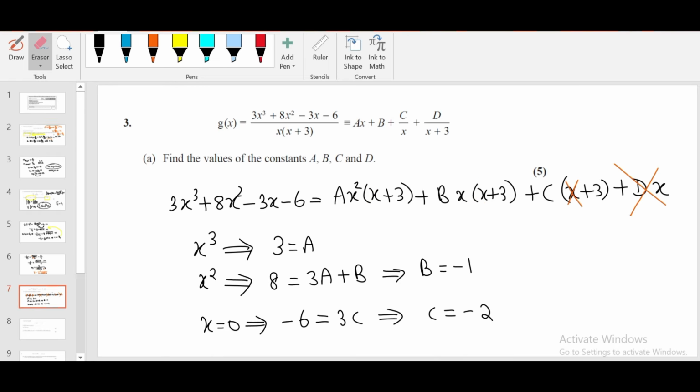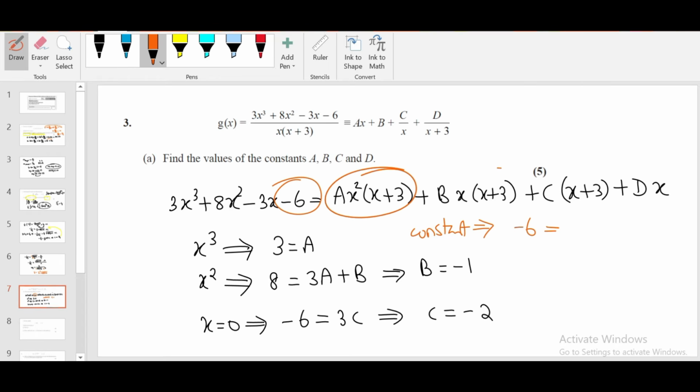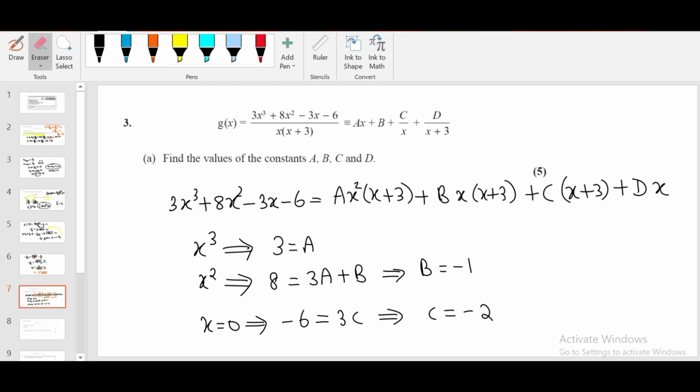Now we are left with only d. There are several ways you can find the value of d. What I'm going to do, the easiest way, I'm going to compare the constant on both sides of the equation. Here minus 6 is equal to, there is no constant here and here. Here 3c is a constant. Oh, we won't get the value of d when we compare the constant. Sorry. We need to find some other way. There are several ways actually. You can compare the coefficient of x actually. When you compare the coefficient of x actually,